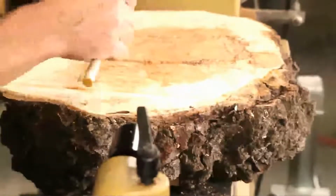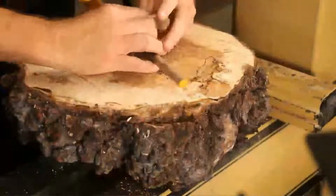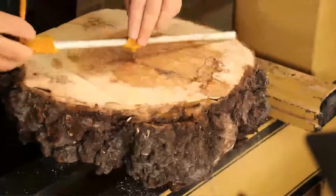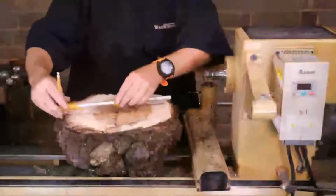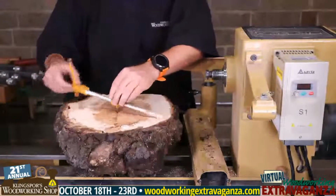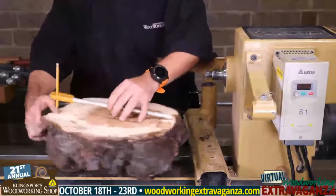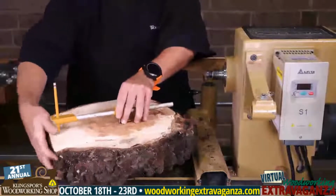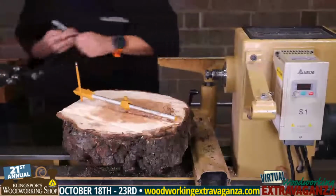I'm just going to use a compass to get me a reference point, so I can just spin it around and get an idea of roughly where the center is. It doesn't have to be perfect because we're going to shift it a little bit when we're on the lathe. Just by eyeballing, that's not too far off. So there, we're about at the edge. This has a little piece of edge here that's going to disappear because that's where the stalk was, so it'll round in, so that's good. So basically right in there,